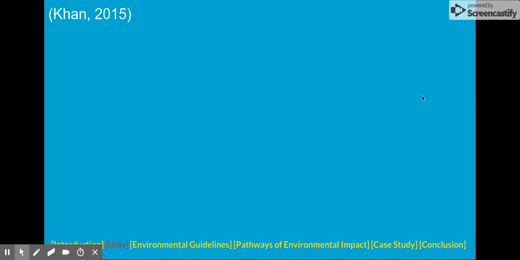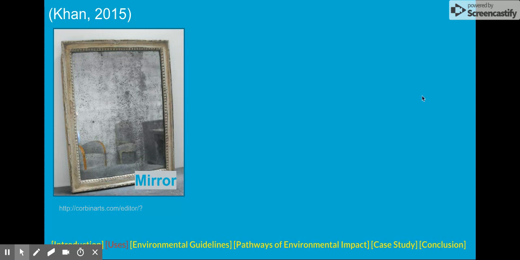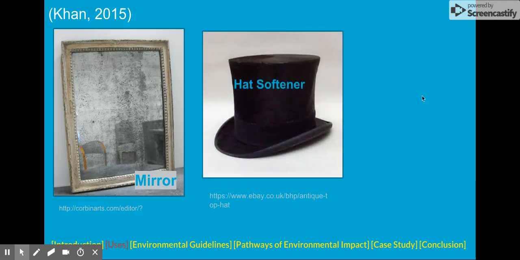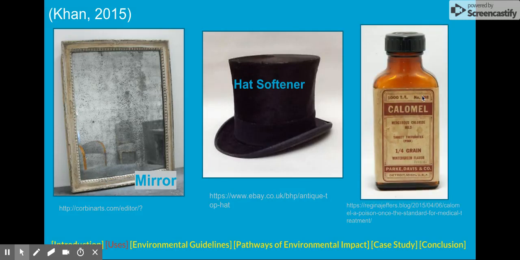Other uses of mercury include the backing of vintage mirrors. An identifier of mercury mirrors consists of black age splotching, although tin and silver do this as well. The classic Mad Hatter usage, where hatters would commonly contract mercury poison from using an orange mercuric nitrate compound to soften hats. This process is known as carroting. And lastly, mercuric chloride was used as a common laxative in the medicine calomel.